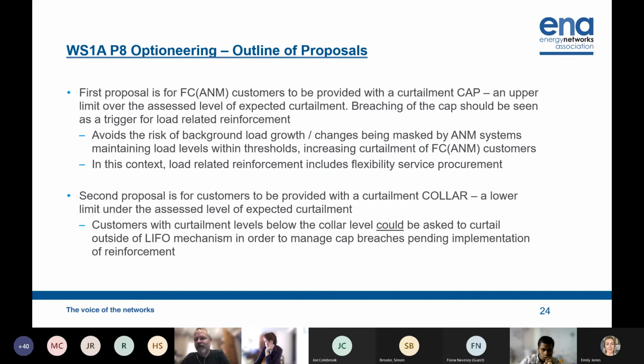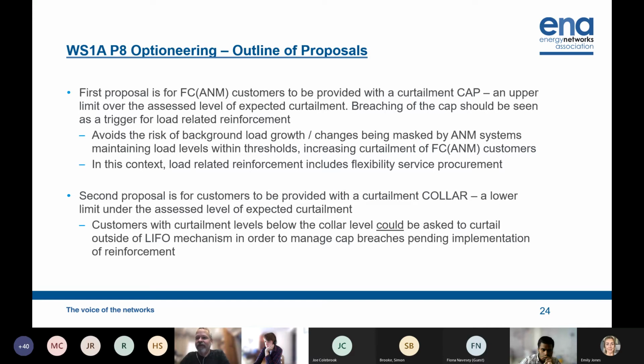Now, that curtailment could go high for a number of reasons, but the main reason that might result in changes over time is things like background load growth, or more specifically, background demand growth. So depending on the type of constraint, if you're a generator sat behind an export constraint, it might be that the take up of micro generation, or the take up of energy efficiency measures, for example, might exceed the take up of increased demand due to things like heat pumps and electric vehicles. So it could be that over time your generator constraint becomes worse.